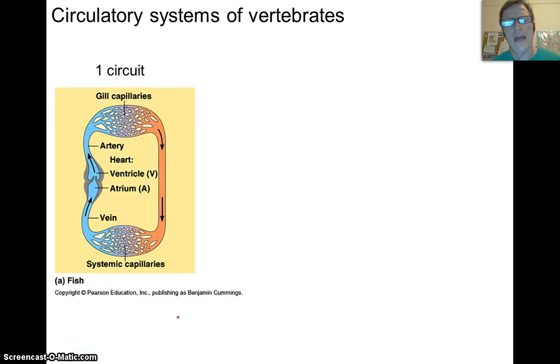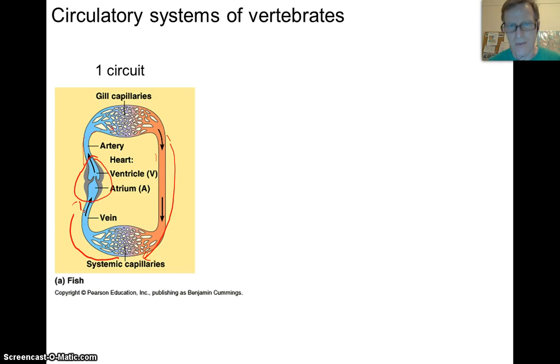Okay, so if we look at circulatory systems of vertebrates, again, animals with backbones, fish basically have a two-chambered heart, and then that gets pumped to their gills where it gets oxygenated. So the red side is showing oxygenated blood, and that gets carried to muscles and organs and things that need the oxygen where it gets deoxygenated and back to the heart. So this is one simple circuit. The heart's pumping, and that works fine if you're a fish. You're in water, it's very buoyant. You don't need a lot of pressure to keep pushing that blood